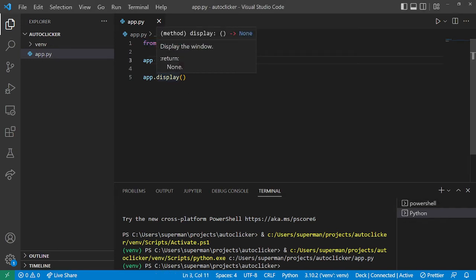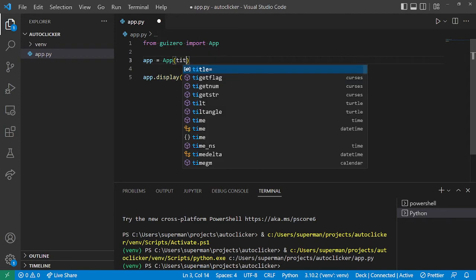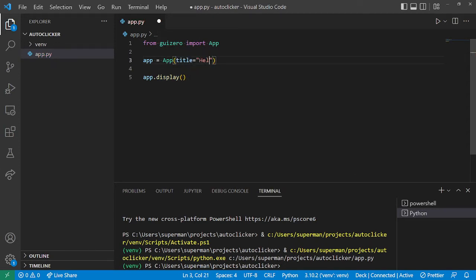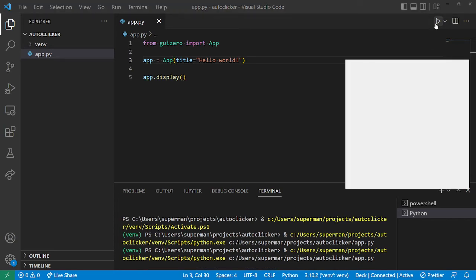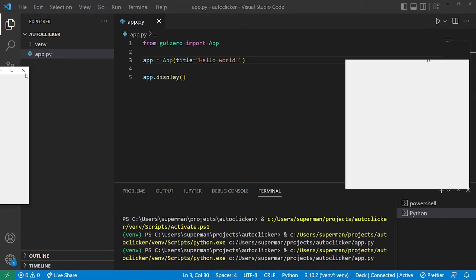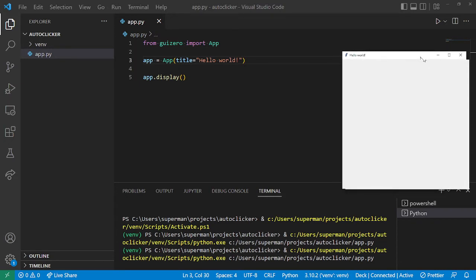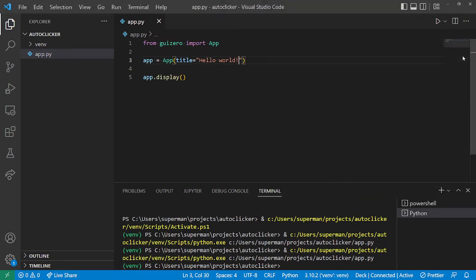So additional things that you can do is you can set a title. So let's do that. Just a basic hello world. And if we go ahead and run that, then we get it with a title there. Okay,